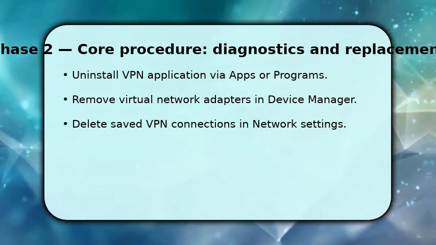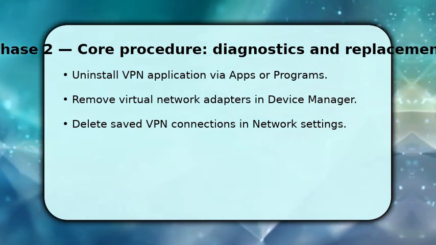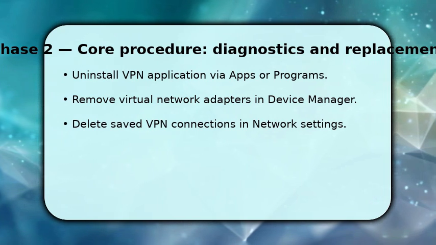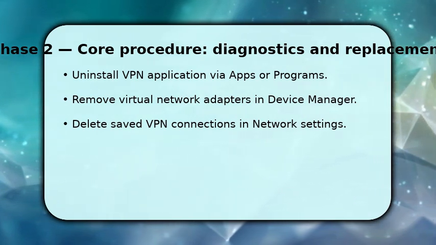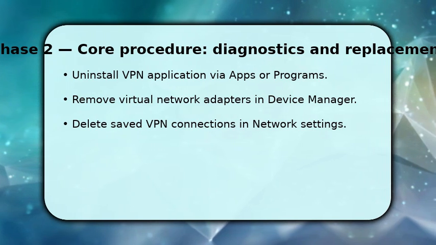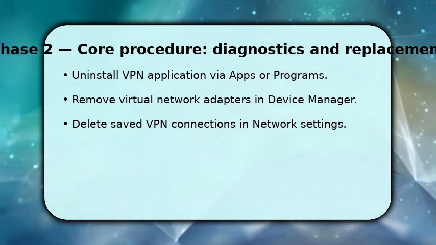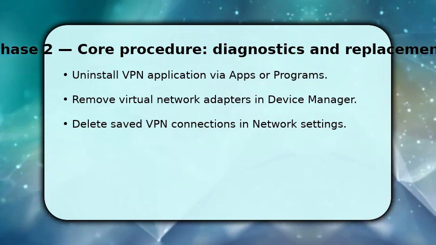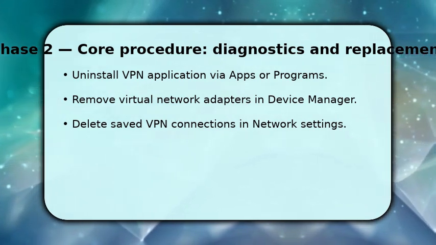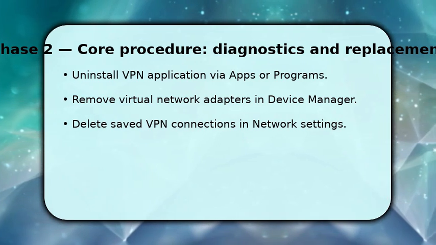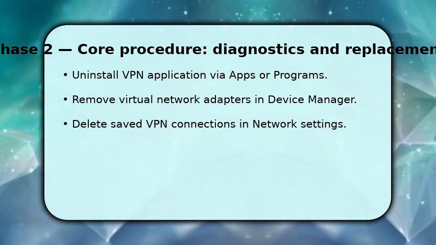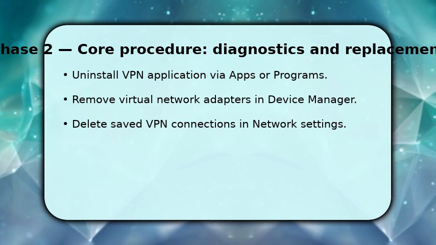Once done, open Device Manager and expand Network Adapters. Uninstall any virtual adapters tied to the VPN and choose to delete drivers if prompted. After that, return to Network Settings and delete the saved VPN connections to stop automatic reconnection. This two-step removal, App plus Adapters, ensures the client won't reattach, and it clears routing or DNS changes the VPN